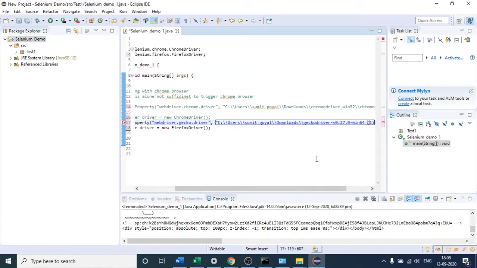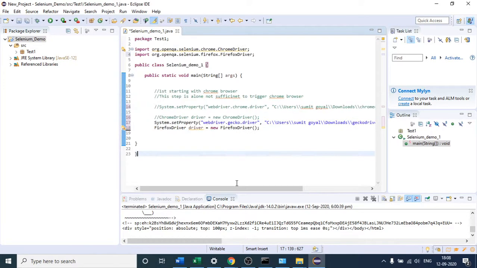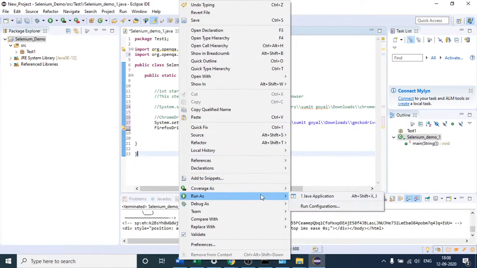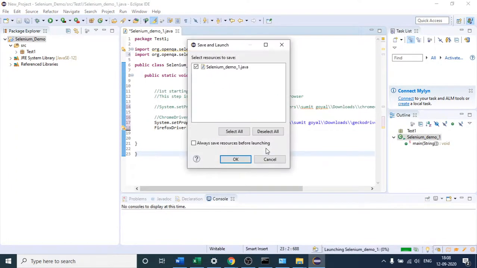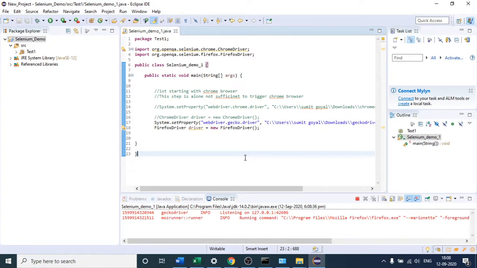This is the path, and along with this, as I told you in Chrome driver as well, you have to mention the file name at the end. I will write geckodriver.exe, and the extension is .exe format. After that, I think this is more than sufficient to trigger our Firefox browser. Let us check whether it is invoking the Firefox browser or not this time first, and then we will try to open a site and do all the other stuff. Let us see whether it is working. You can see that it has started running the Firefox browser this time.